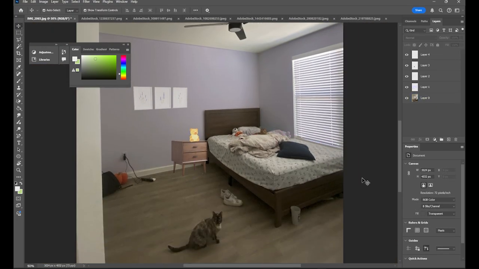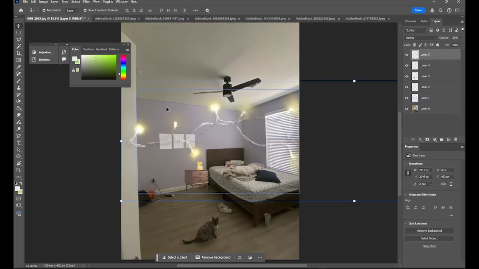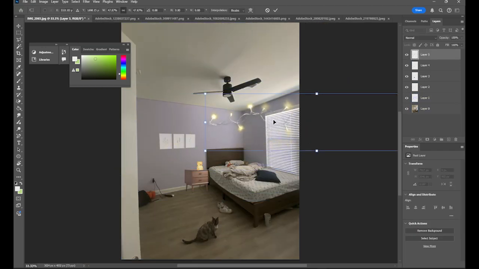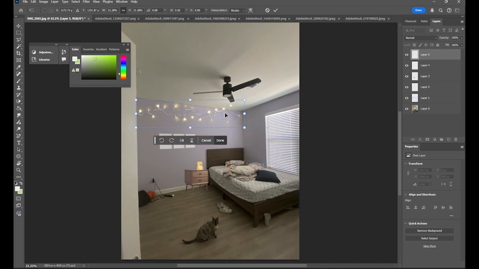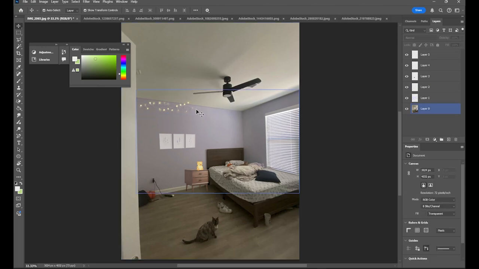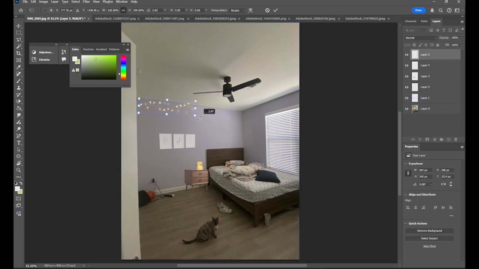Now my room is coming a little bit to life as compared to where we first started, which I can show you how that looked by just hitting the eyes on those layers. I'm just gonna keep on adding stuff. Quick tip, you can find these assets on Adobe Stock, and one thing that will benefit you a lot is looking up what you want. For example, I searched up fairy lights and I just added PNG at the end, which means that it comes already without a background, which is always useful. So I'm gonna continue editing my bedroom and I'll show you it at the end.